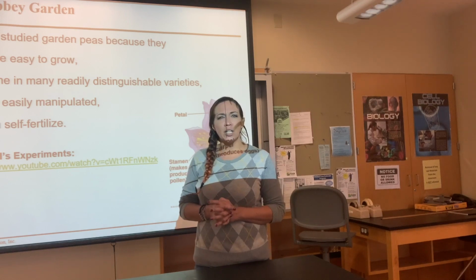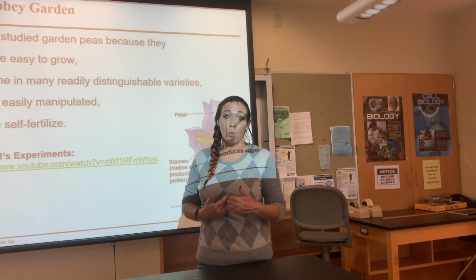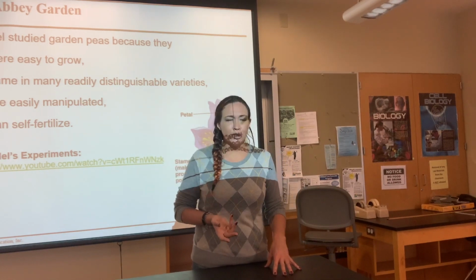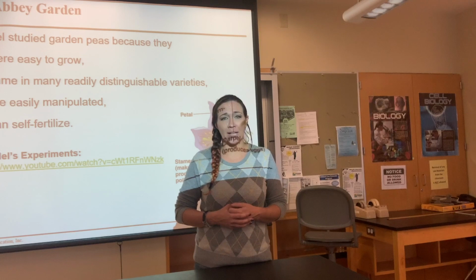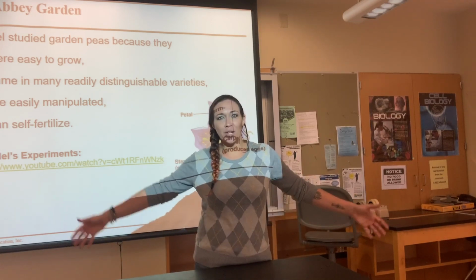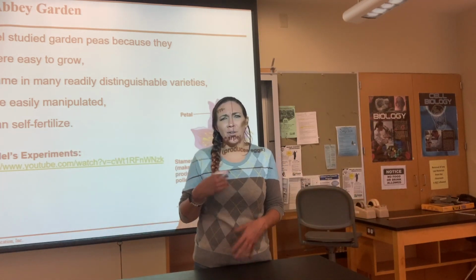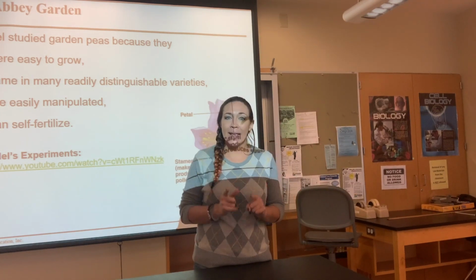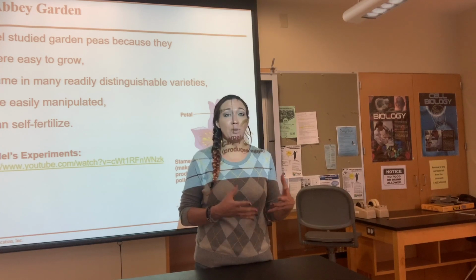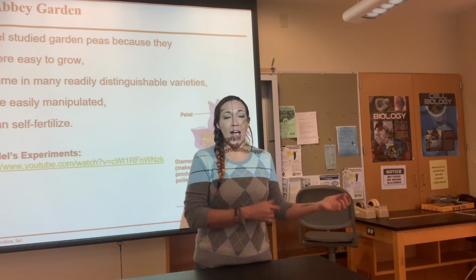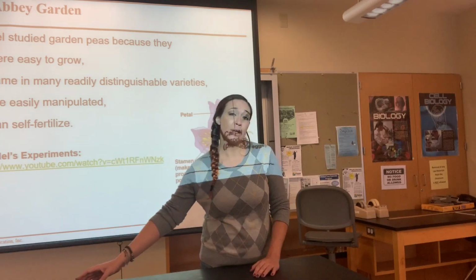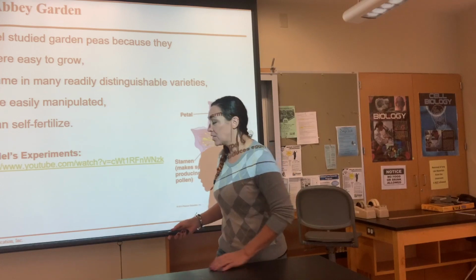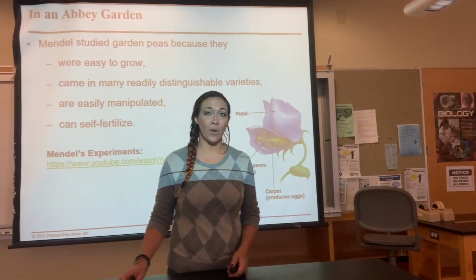That's what he really started to look at because it's too hard to look at people. One, we have a lot of traits going on. We are not as simple as a little pea plant. And two, you can't just look at a simple trait like our color. We're not green or yellow. We're a blending of all these different things and our environmental factors as well. So he said, I can't look at people, but I can look at plants as a much simplified, what's called a model organism. And then we can extrapolate information off of that because it should all be the same. We're all made of the same DNA, just in a different sequence. So that's what he did. I'm going to show you this video really quickly right here.